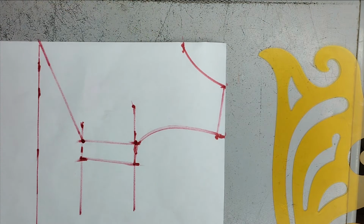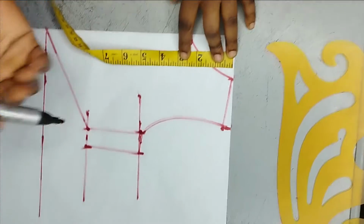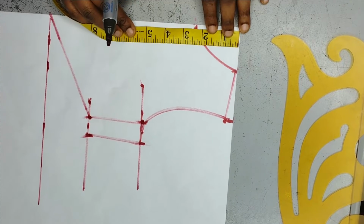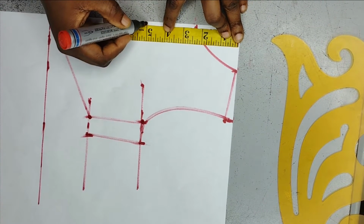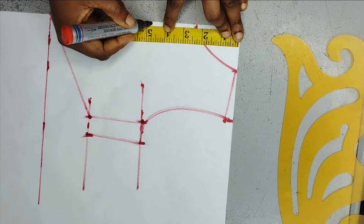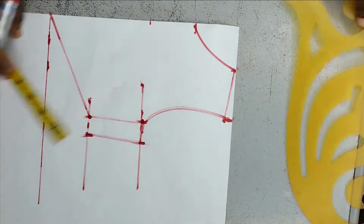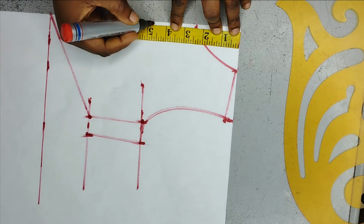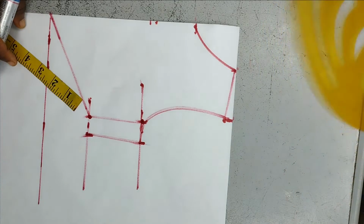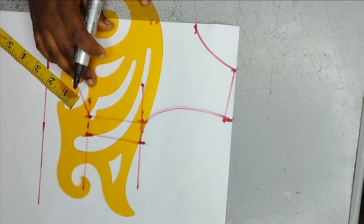The only thing is the yoke. It depends on how you want the yoke to be. It can be straight, it can be like a sweetheart. So I think let me just do maybe a sweetheart yoke. So that's 4 1/4. It's totally up to you, but I don't want it too deep at the same time, so I'll just do 4 1/2 inches, and then I'm going to connect to